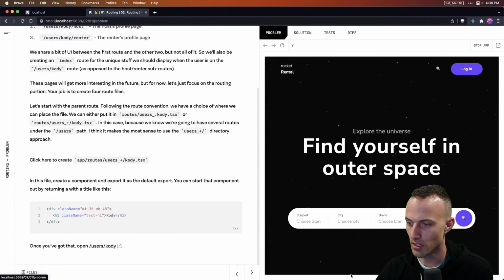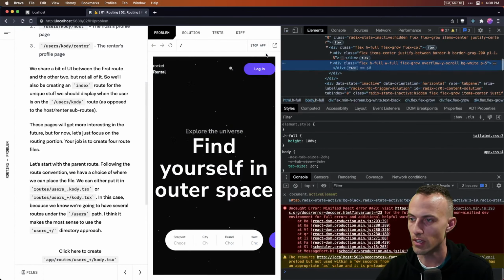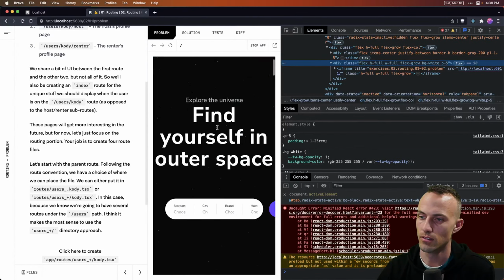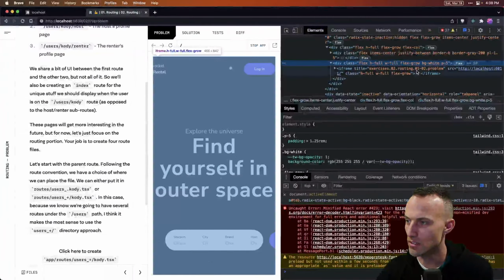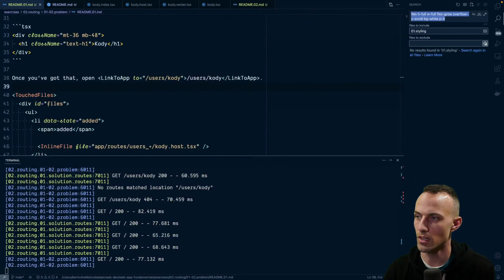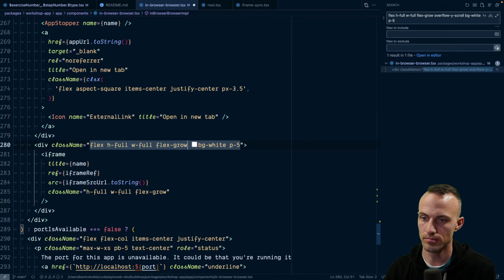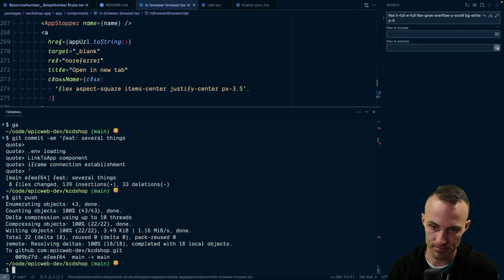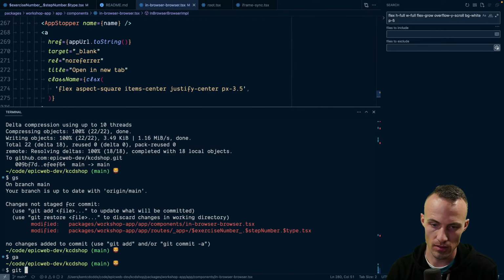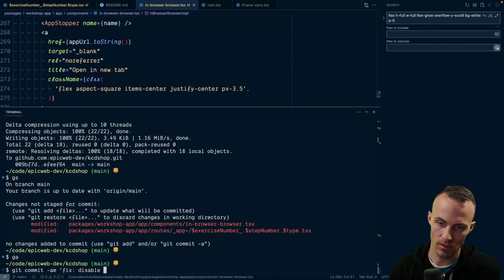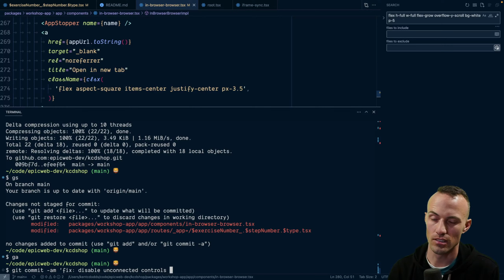Okay, let's look at the scroll bar thing then too. So if I go here and we're not overflowing that, it still scrolls, right? Right, good. Okay, so let's fix that too. That's not where that is. All right. Let's fix disable unconnected controls, and